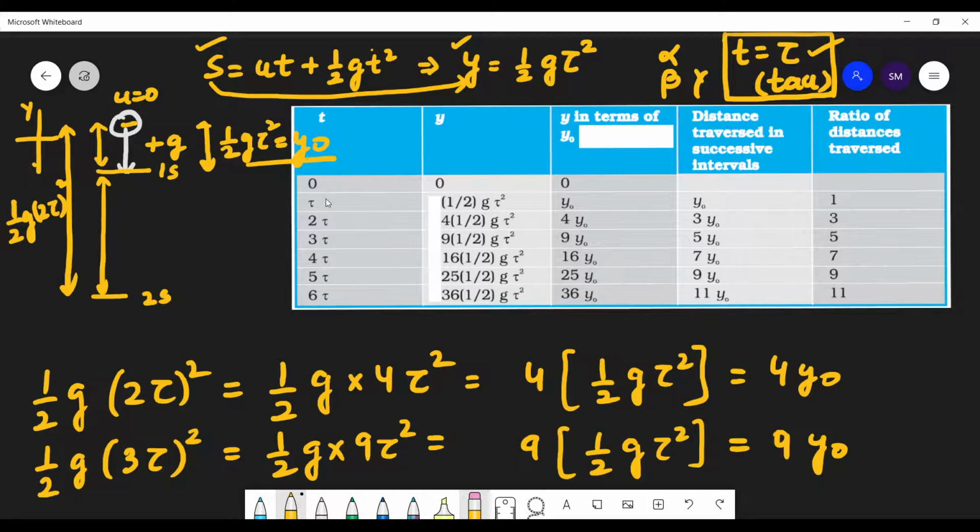In the first time interval tau, it can be 1 second, it can be even less than 1 second. So tau, that's your choice what you are taking as tau. You can take it as 1 second, you can take it as half second, you can take it as a millisecond. So I'm taking a general case. You can take tau equal to 1 second, so you can replace it. But I'm taking tau as any time. So in successive times I am finding, like you have taken any particular time.